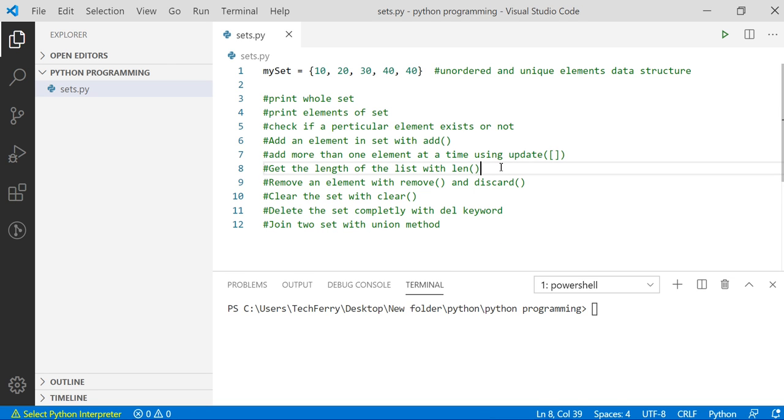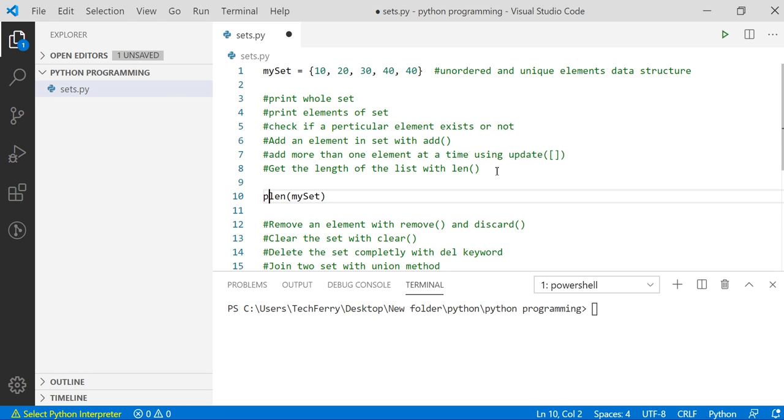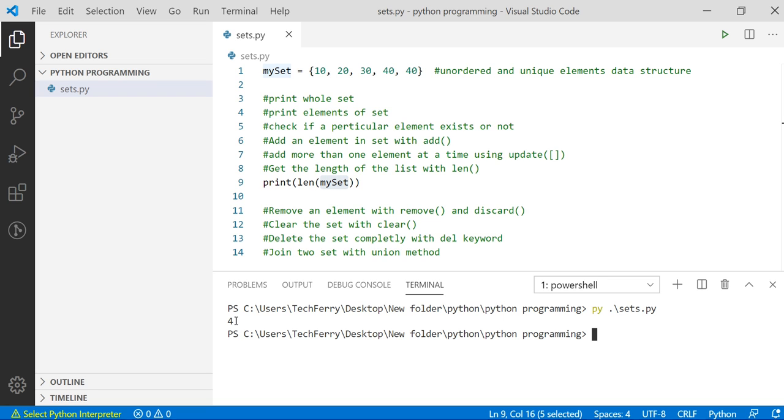Now we are moving to another important thing in set, which is to calculate the length of a set. Whenever you want to calculate the length of any data structure, any variable, any string, you can use the len method and pass the data structure, whether that is a set, list, tuple or dictionary, whatever. So I'll again run this file, and you can see that the length of this set is 4 because we have 0, 1, 2, 3,